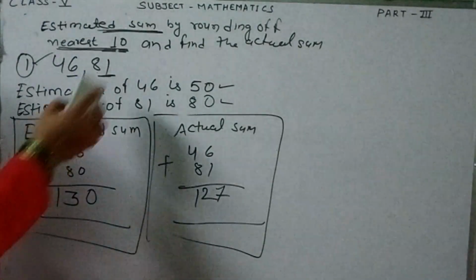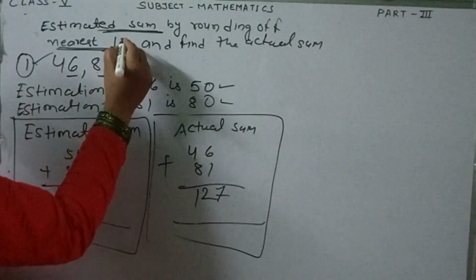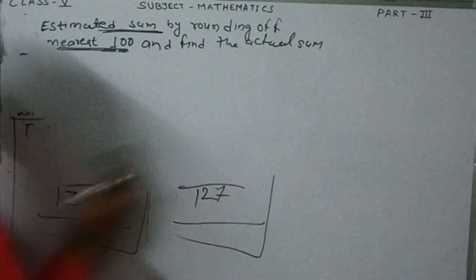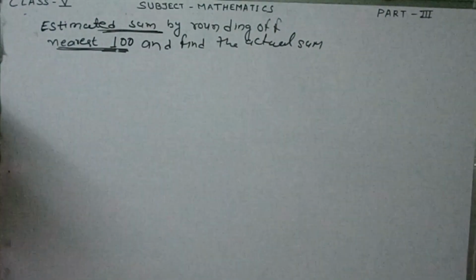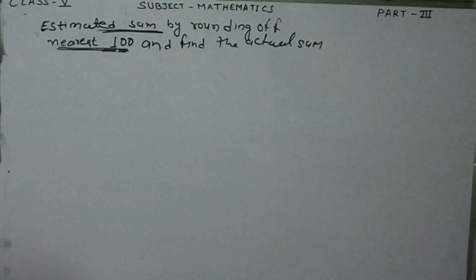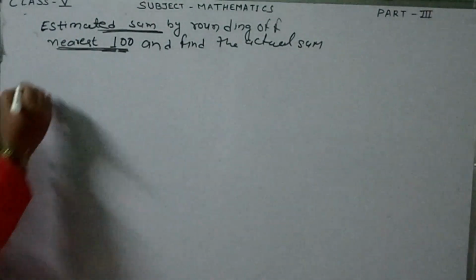Okay. Estimate the sum by rounding off. I will put here 0. One more 0. 100. In the next example I will take, we have to find the estimated sum to the nearest 100 and also we have to find the actual sum. Here the first question is